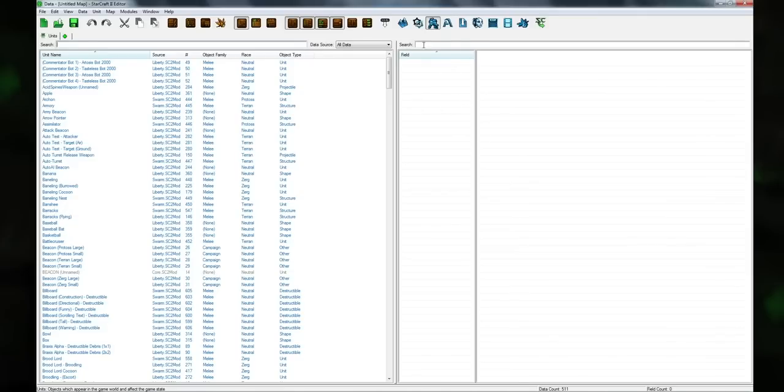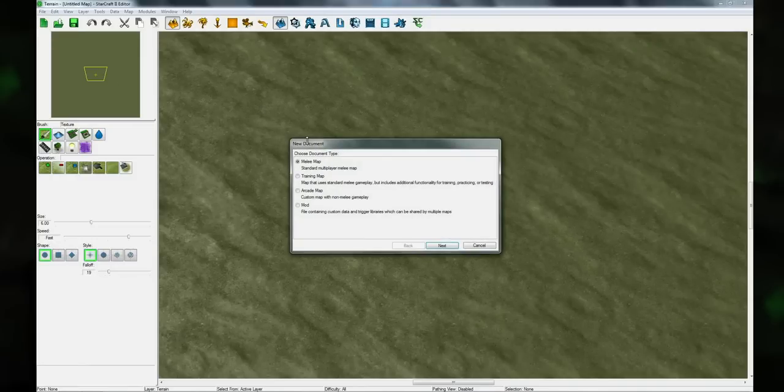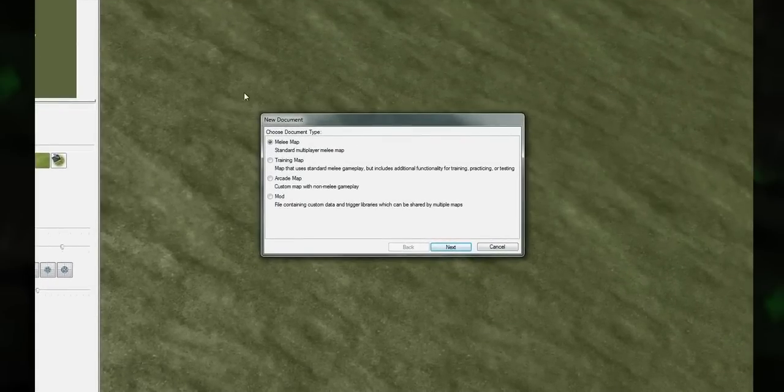So let's go back to the terrain module, and let's create our map. So we'll click on the new button to create a new document. And first you have to choose what type of document you're creating. There's several different options. A melee map is just a standard StarCraft 2 map that doesn't have any custom triggers